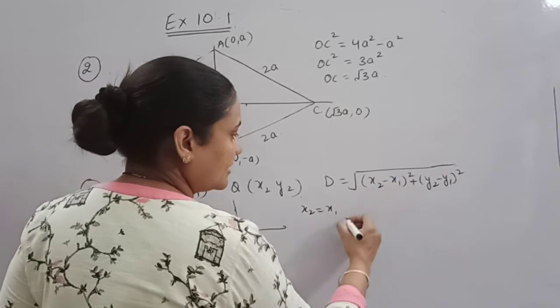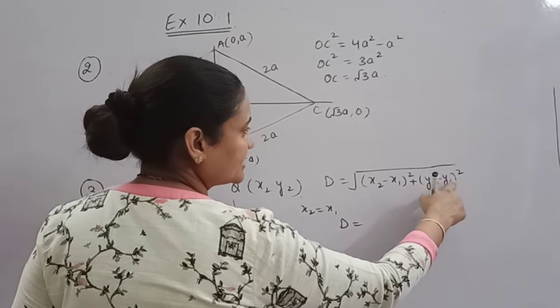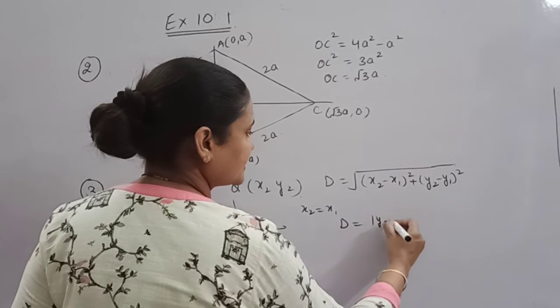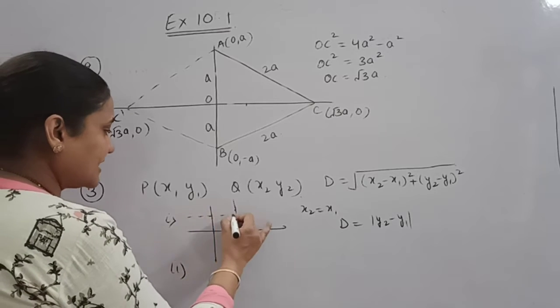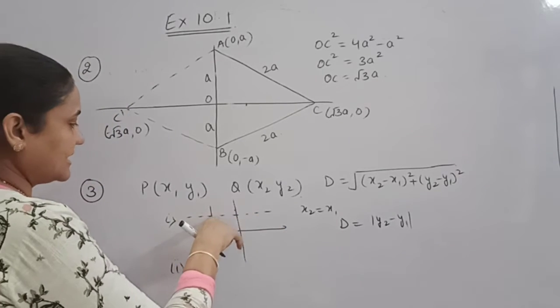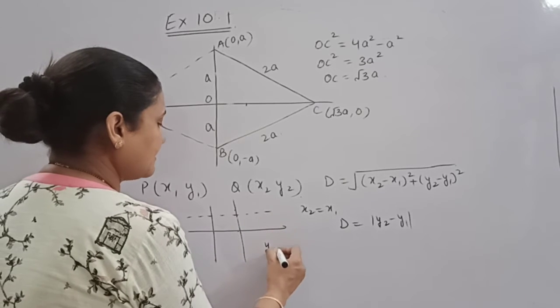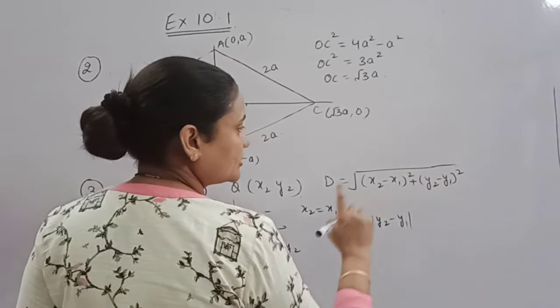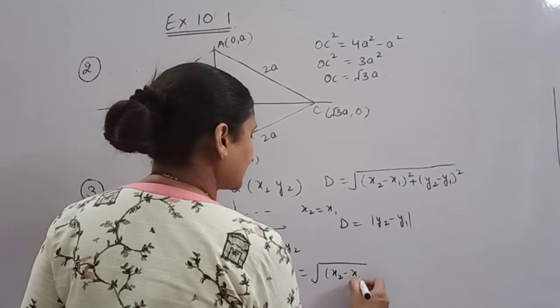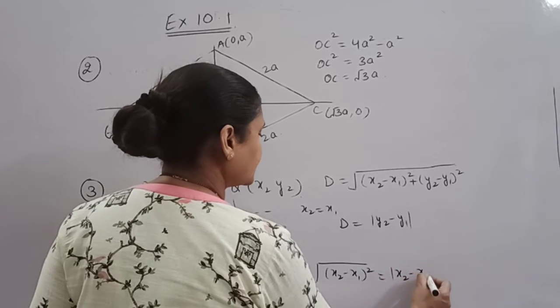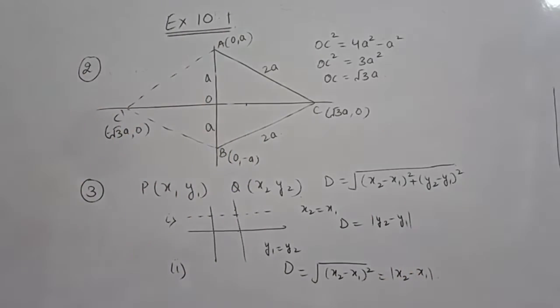तो ये तो 0 हो गया, तो distance कितना आ गया? Root of (y2 minus y1) whole square, and root से बाहर आ गया, that is mod of y2 minus y1. और second condition, when the line is parallel to the x-axis. अब जब आपकी line x-axis के parallel है तो इस condition में y1 is equal to y2 हो गया, ये दोनों चीज़ें 0 के बराबर हो गई, तो distance is equal to root of (x2 minus x1) whole square, that is mod of x2 minus x1. So this is the way to find out the distance between these two. Now you copy it down.